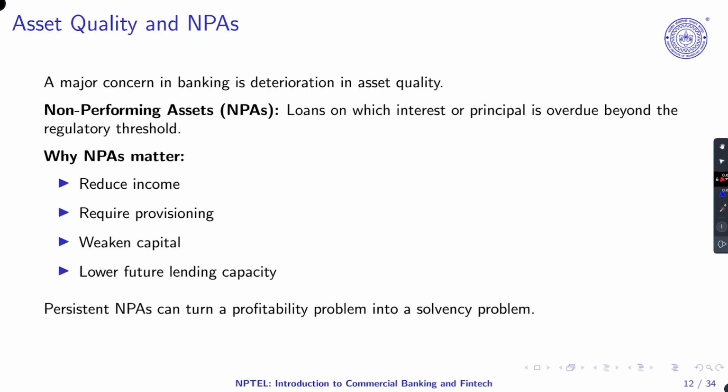Then we also discussed asset quality and NPAs, and how NPAs play an important role. If the loan amount is without any payment for up to 90 days, then it becomes an NPA, and banks declare it. The important characteristic of NPAs is that it reduces the income of the bank, because it stays on the balance sheet, and the bank will have to go for provisioning, which further creates trouble. So for that, the central bank launched the early warning, early monitoring system, which we call SMA: SMA 0, SMA 1, SMA 2, and this is very, very important.